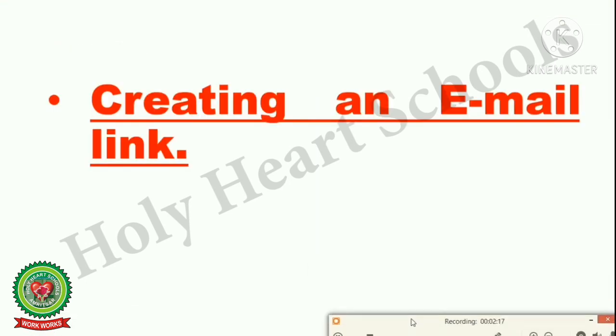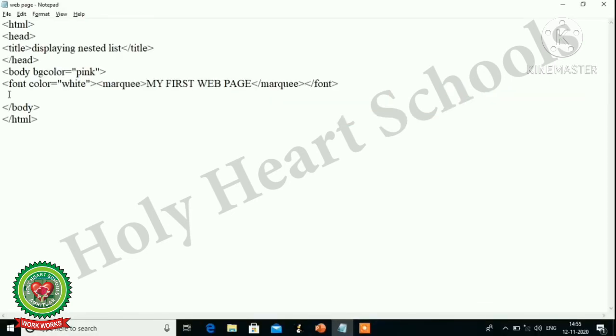Now next is creating an email link. You can create a link on a web page, in the place of text or an image, so that when you click it, an email can be sent. Open your Notepad window and write down angular bracket start, anchor tag, href attribute is equal to double quote start, write down the mailto function and then put a colon.